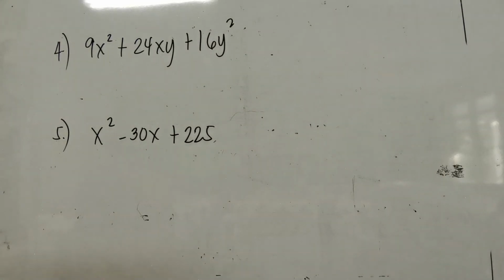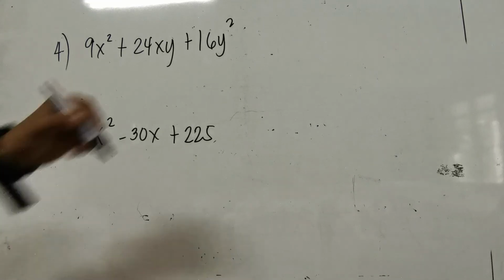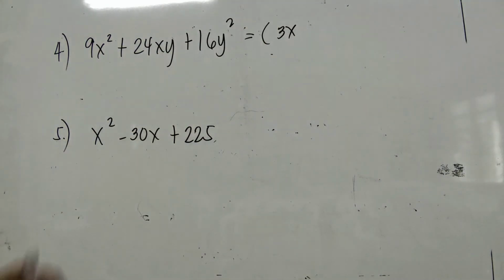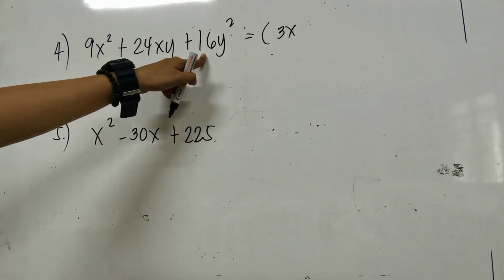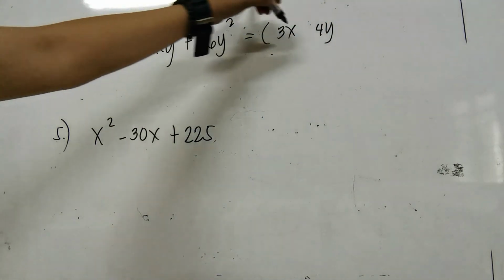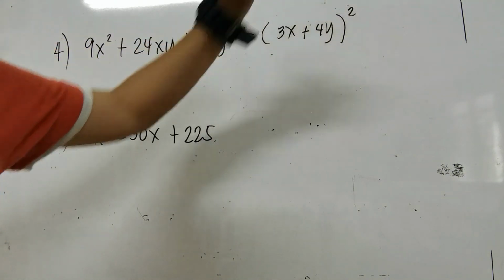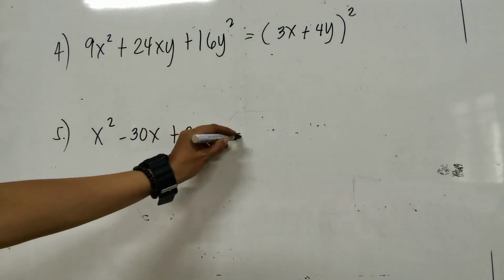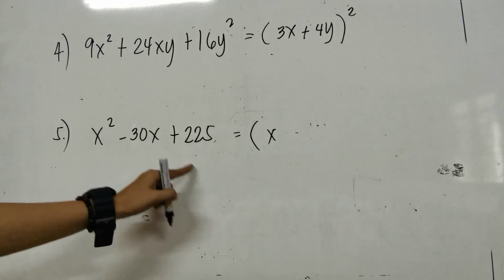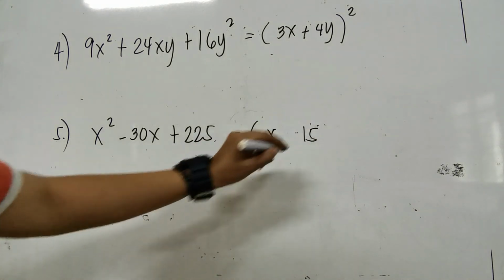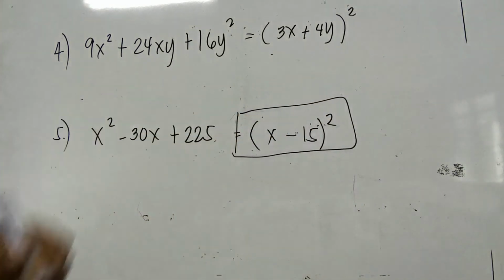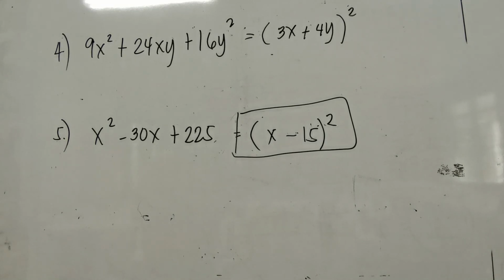Let us answer. Okay, for number 4, we have square root of 9x squared is 3x. And then, square root of 16y squared is 4y. And then, ang ipa-follow natin na sign ay positive. Then, squared. Then, last for number 5, we have square root of x squared is x. Then, square root of the last term is 15. Then, the sign is negative. Then, squared. Okay, that's it. So, ganyan lang kadali ang pagpa-factor ng